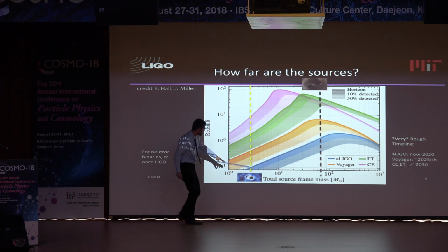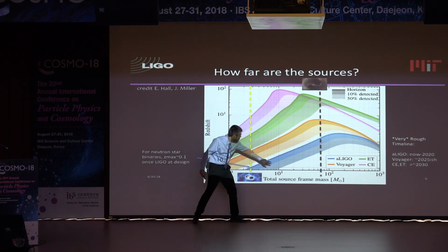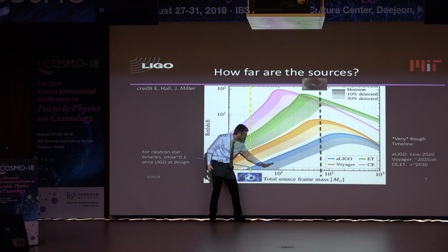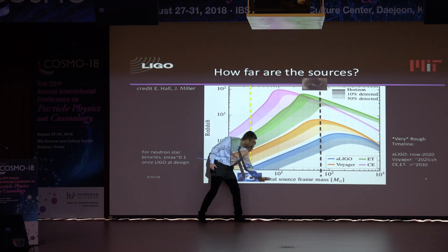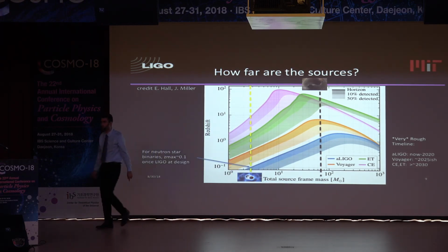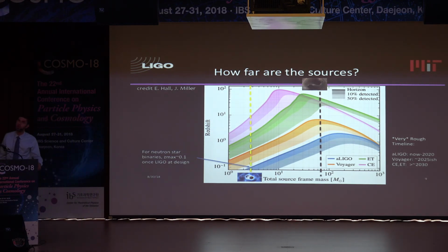Now, if this plot were not cut here, you would see this band here, which is where you can see 10%. So 90% of the sources are here, and 50% below the light blue, you will see that they're much closer. So they're on the order of 0.05-ish. So I think the typical detection as advanced LIGO progresses will be at 0.09, 0.1, but the most useful, which are the loudest, will be, of course, much closer. So between 50, say, and 100 megaparsec, something like this. Thank you.